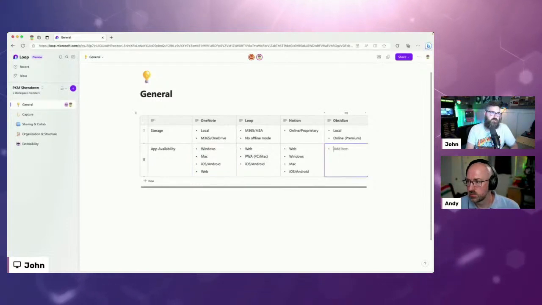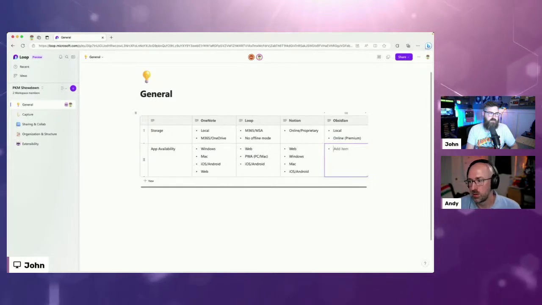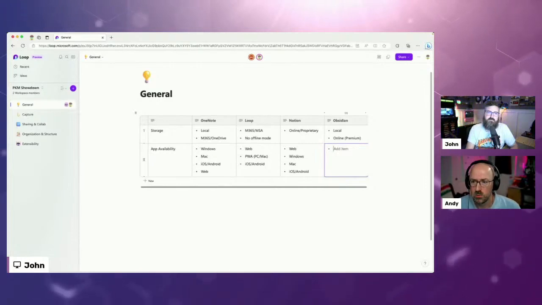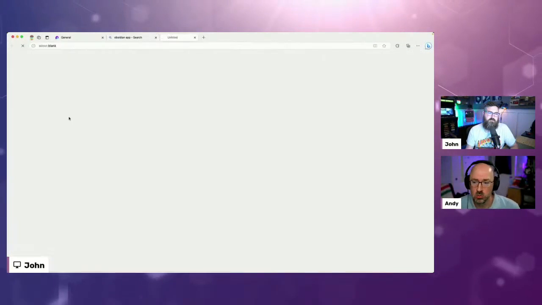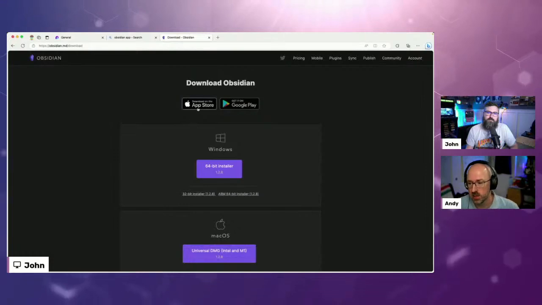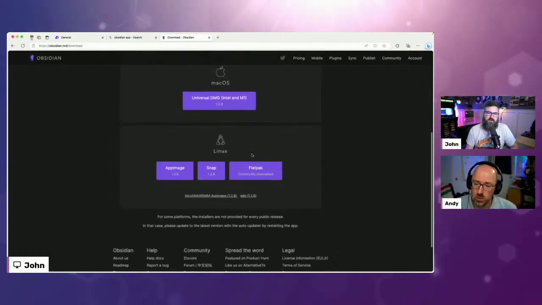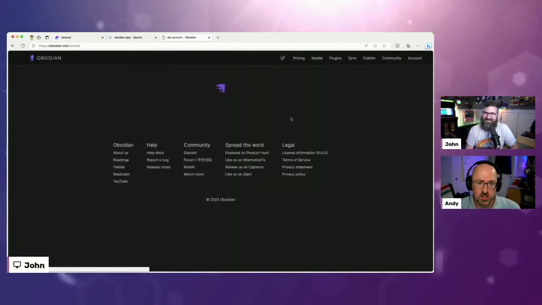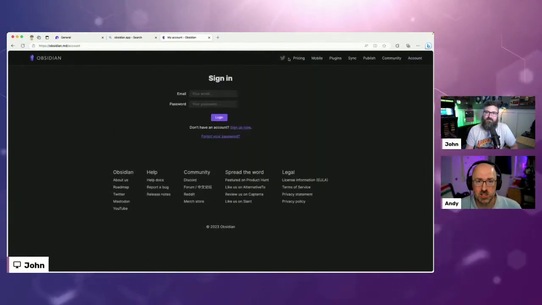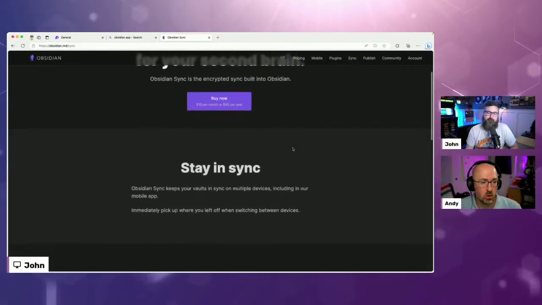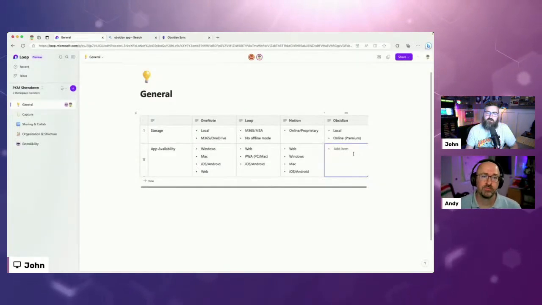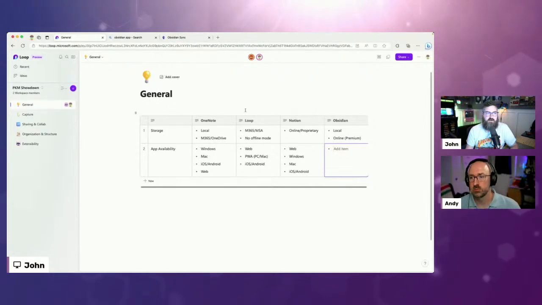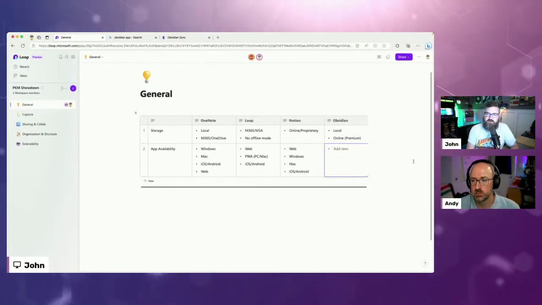Now, Obsidian, what are we looking at? It doesn't really have a web portal, does it? Not that I'm aware of. So it is definitely available for Windows, Mac. It's also available on your mobile devices, so you can get it for iOS and Android, and Linux. But in those cases, unless you sign into the cloud vault, you're going to be using a local vault inside of there. Somebody correct us if we're wrong about the web portal. I know you can sign into your account on there, but I'll be curious if somebody knows about Obsidian more.